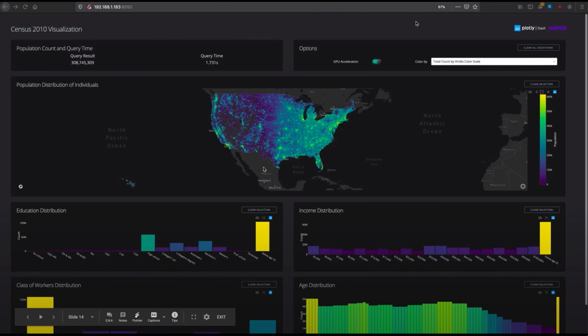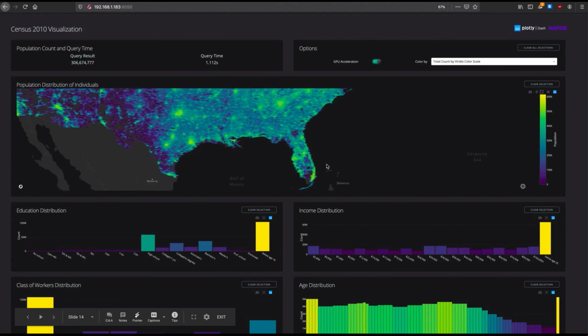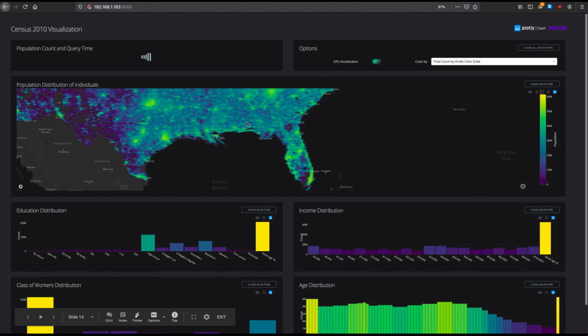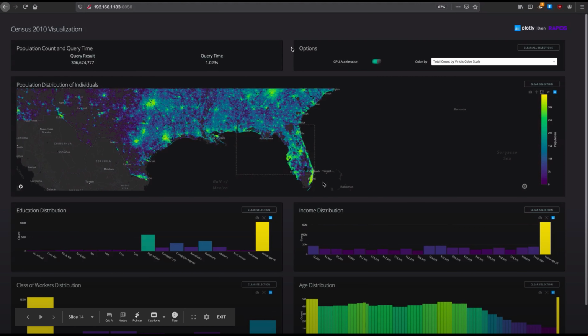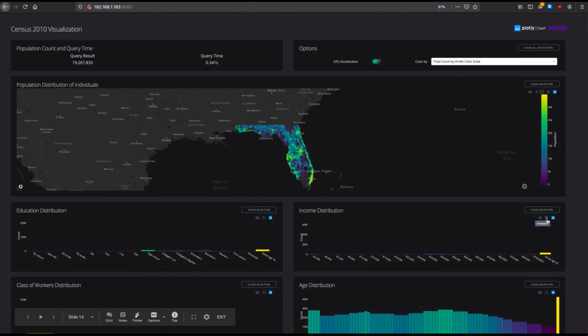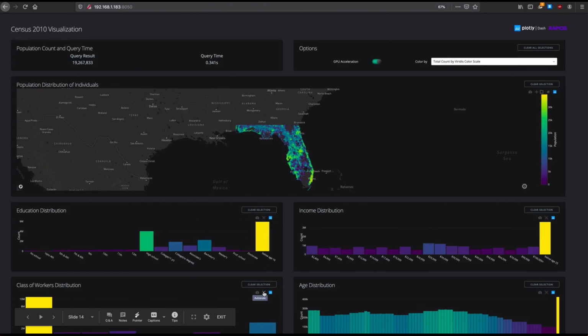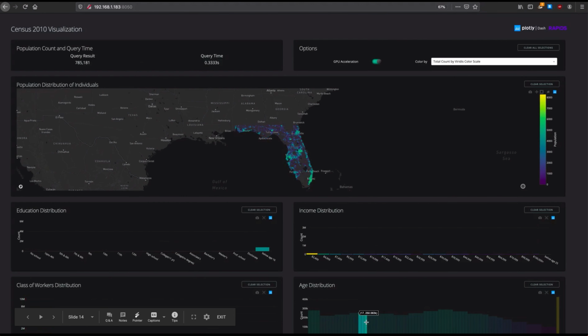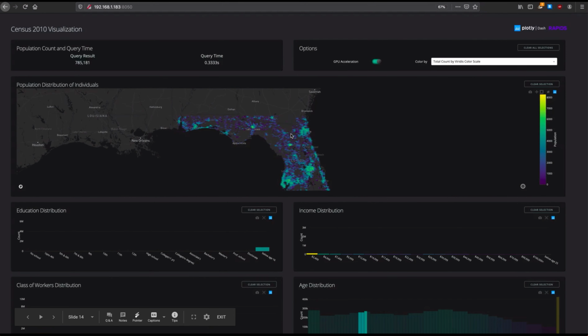So this is a quick video we developed prior to the COVID dashboard, the census version of the demo, and you can see it has different attributes such as income, age, education, and class of workers, as well as the individual rendered data points. So right now we're selecting Florida. It's taking about 0.3 seconds. We're querying the different age distributions for this region. Very quickly, notice there's a slight bump in these 17 to 20-year-olds. So cross-filter that